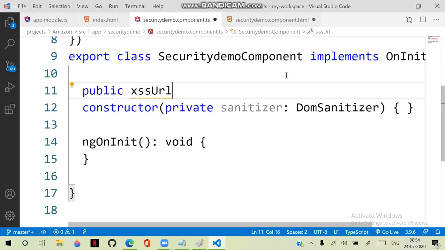I defined that XSS URL, and this URL contains some JavaScript code with an alert.